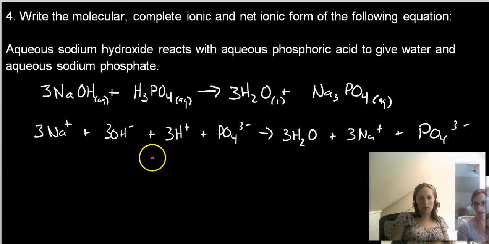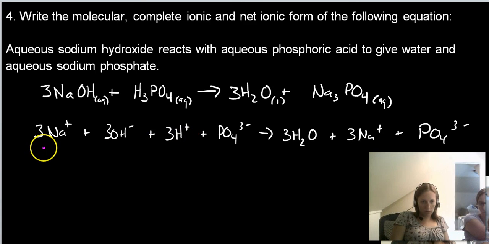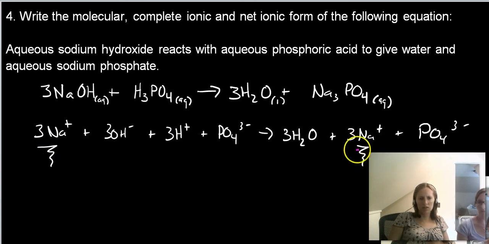And it turns out that some of these are worthless ions, also known as spectator ions, because they're just sitting around watching. And the ones that qualify are the sodiums and the phosphates. So they get crossed out, so we end up with 3 hydroxides and 3 hydrogen ions, giving us, wait a